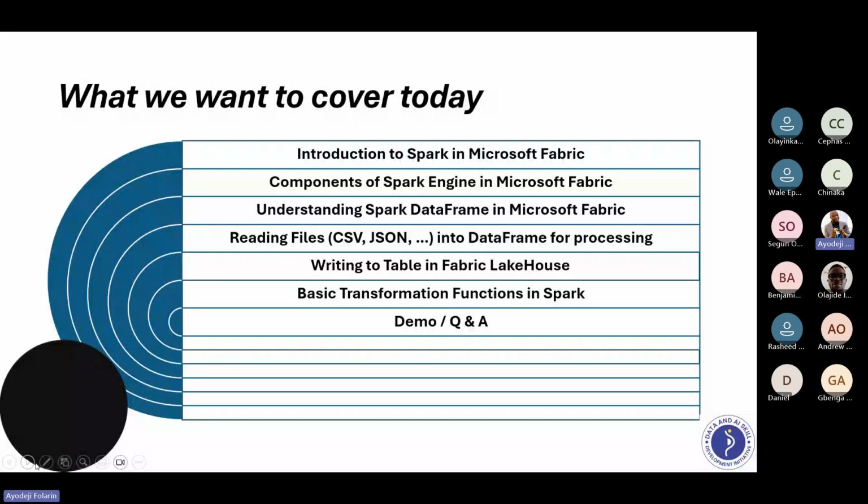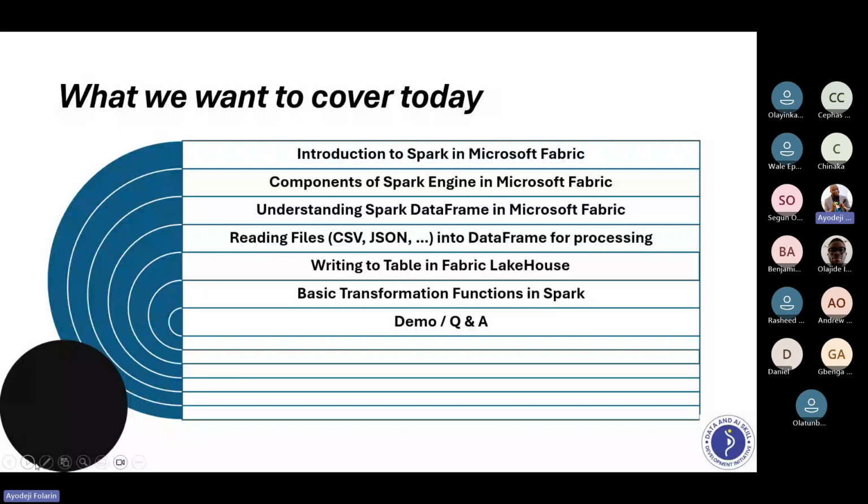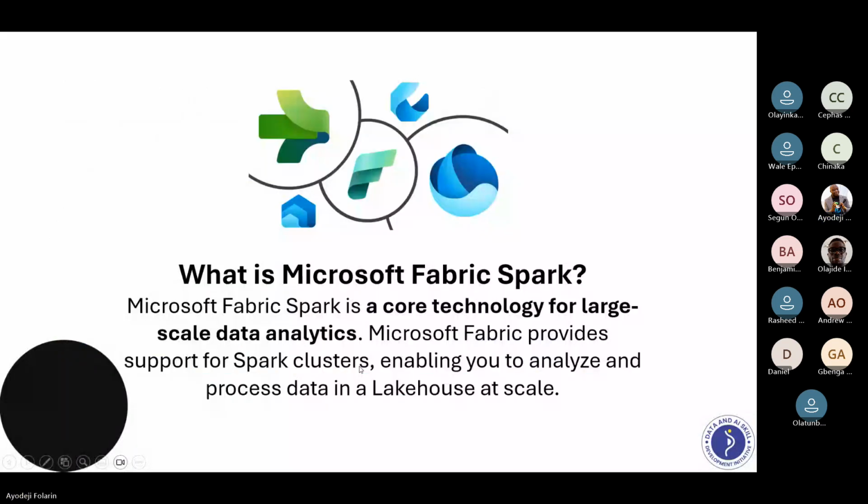From Microsoft Fabric, I can leverage these powerful features that we have in Apache Spark and the simplicity that we have in Fabric to make my data engineering, data analysis, data science, machine learning, data visualization process very seamless, straightforward.